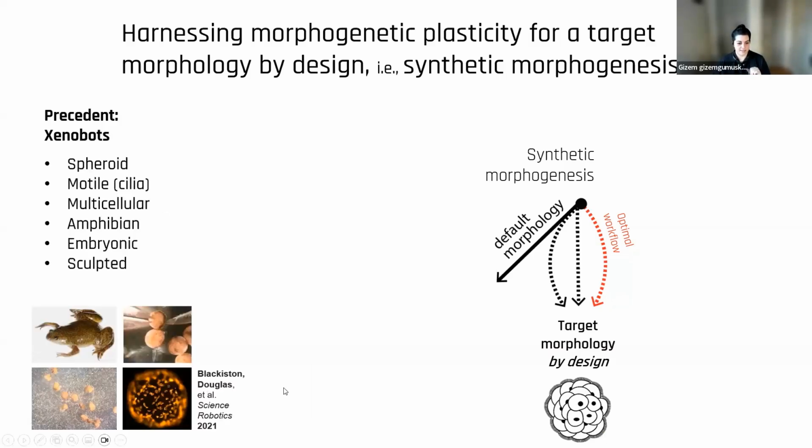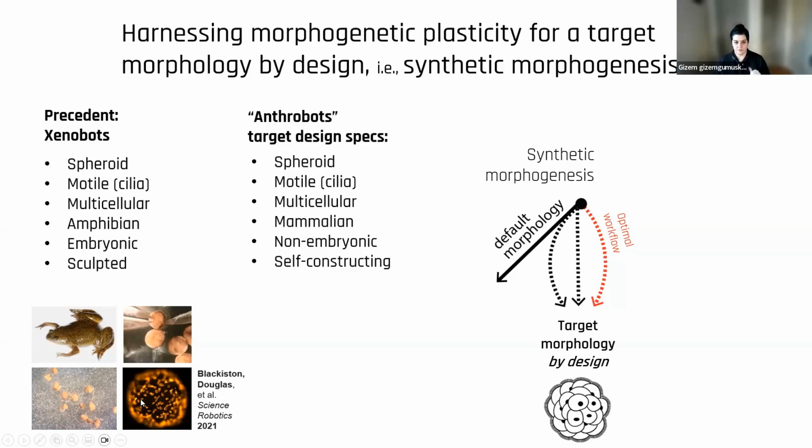So these are xenobots built by Blackiston. They are spheroid, motile, multicellular, grown from amphibian embryos, and they are sculpted. So what we wanted to do, our target design specs, again, spheroid, motile, so everything is the same, except this time we want them mammalian, and we can't use human embryos, right? And then this is my sort of pet peeve. I really want them to be self-constructing,